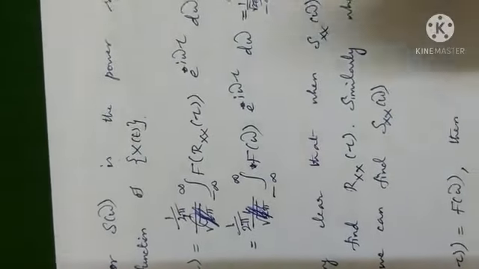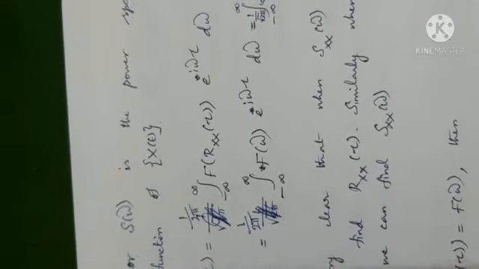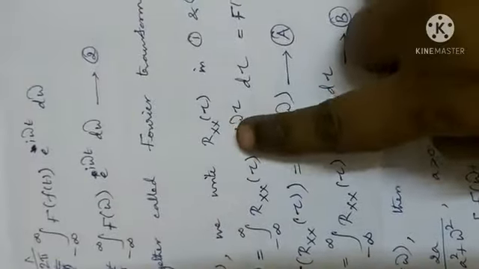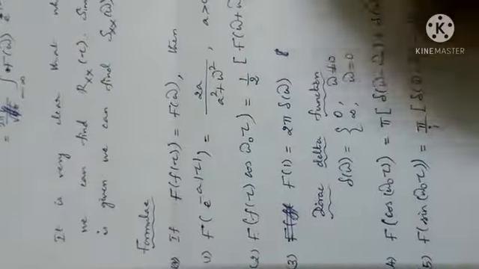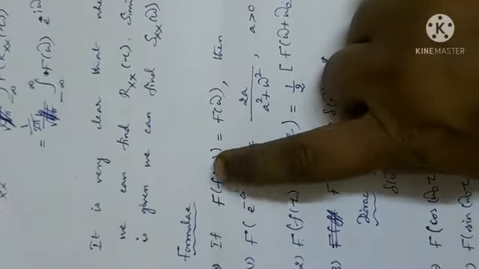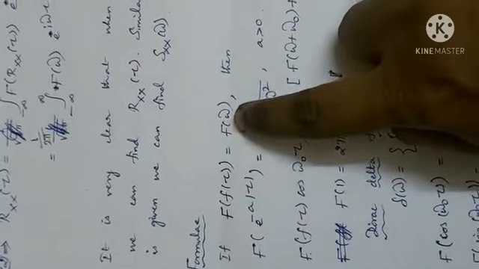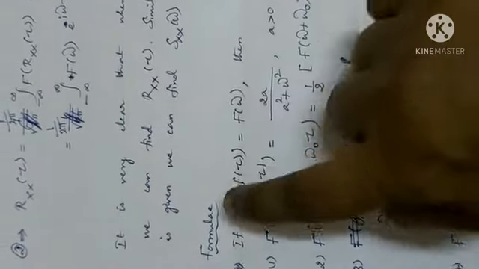I said the reason; you can play the video three times so you can understand. Here the term should be positive when there is a negative here. When it is negative here, it should be positive here, okay? So change this term to 1 by 2 pi. Once you know these two and this formula, it is very important. Fourier transform of f of tau. After finding the Fourier transform of the function, your answer will be a function of omega. That's why it is capital F of omega. It is very important. And you must go through these formulas.